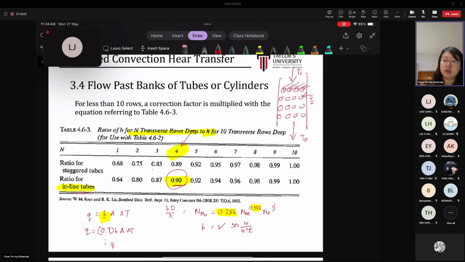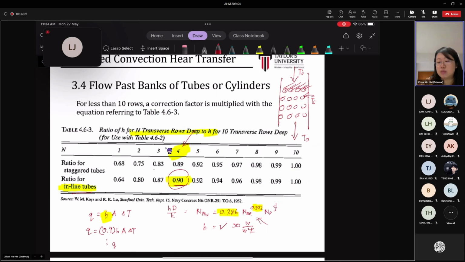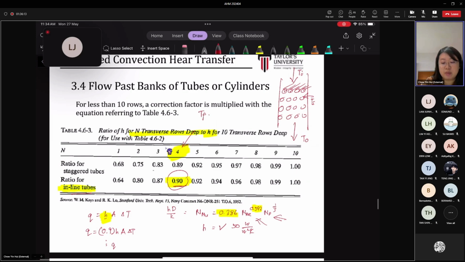So don't forget, when you evaluate any properties, when you're calculating your Reynolds number, the Prandtl number, all this, you need to evaluate at the film temperature, which is actually the wall temperature plus the bulk fluid temperature divided by 2. Now, the problem here is your bulk fluid temperature at the inlet and the outlet is different. So which means this value here,